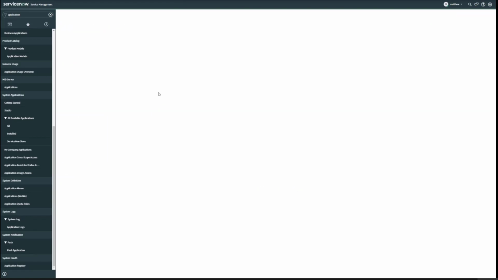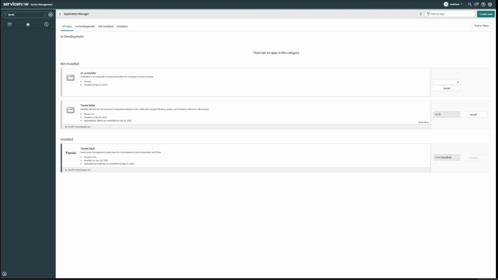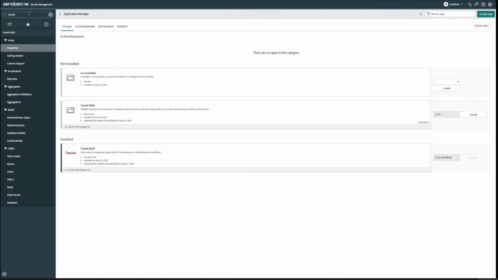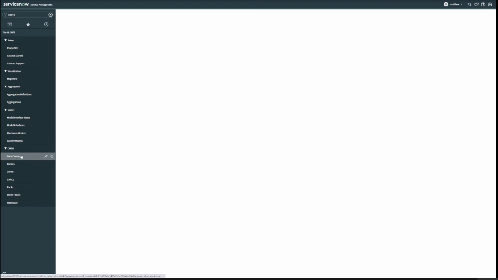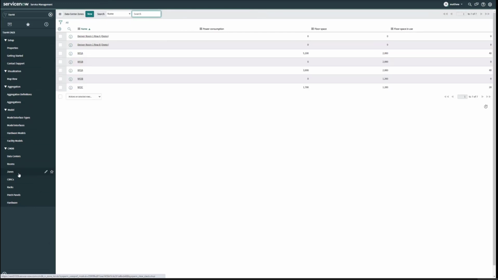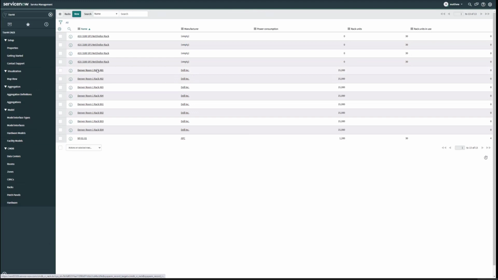Once the application is installed, you can now access the Tier44 application menu. If we navigate to the data center menu, we can see that we have a demo data center installed. The same thing is true if we go to the room, the data center zone, or the rack table. If we open one of the racks,